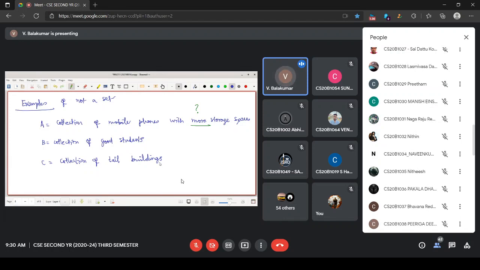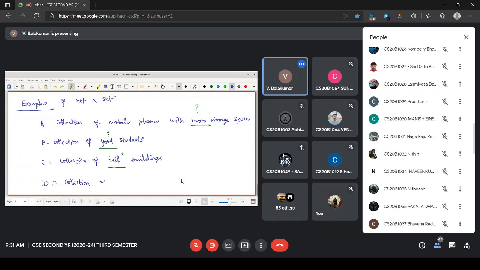Okay, let me underline. Good means what kind of good? Similarly, beautiful, those things also. Tall is a problem, beautiful also, let me mark A, B, C, D. You see, not a set, we are defining it. Collection and set we have used synonymously, but technically a set is a collection of well-defined objects.